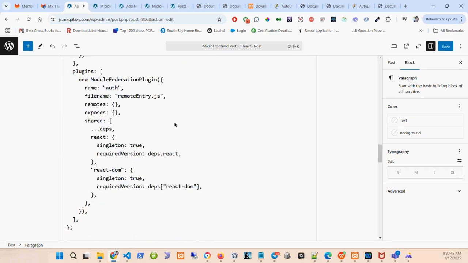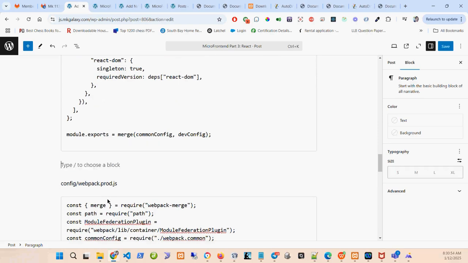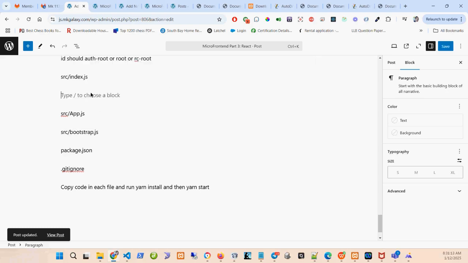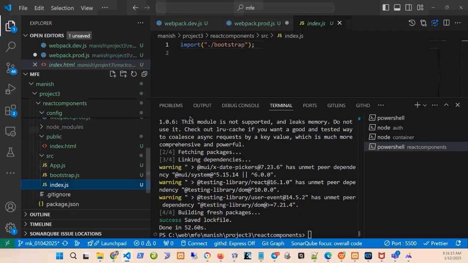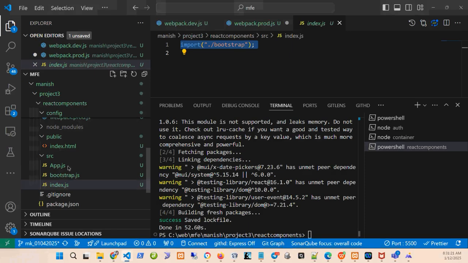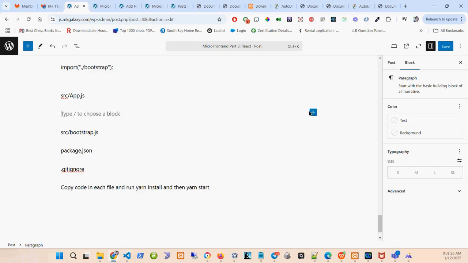In the dev, I will mention: use different ports for each folder, like 4001, 4002, 4000, whatever you want, but put different ports. Okay, let's put the index.js. It will only import the bootstrap. Let's put the app. In the app, we will put